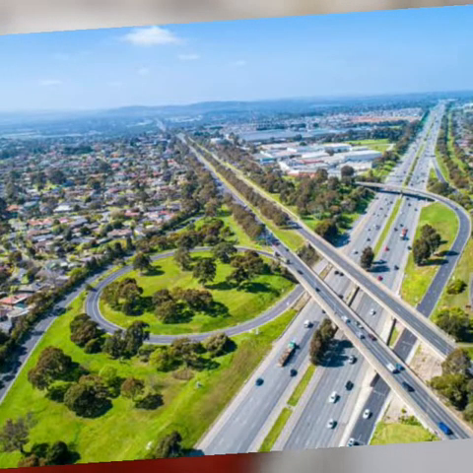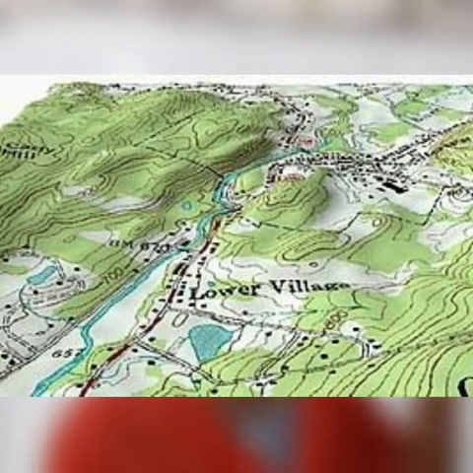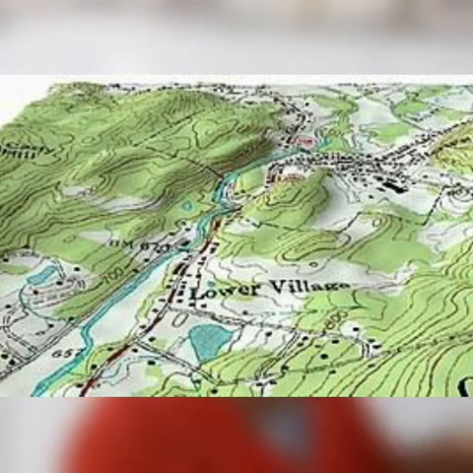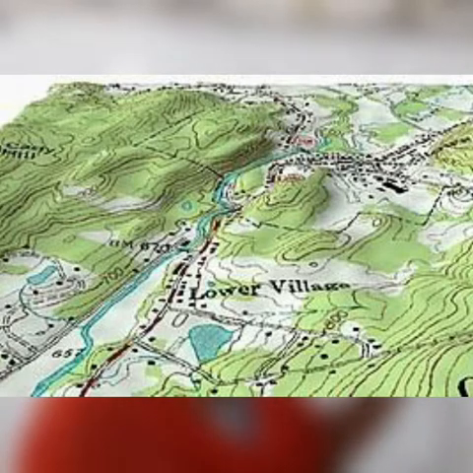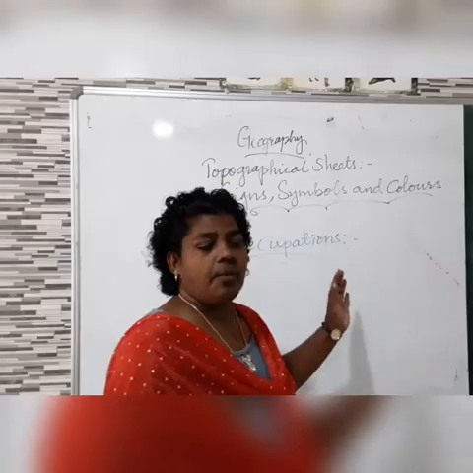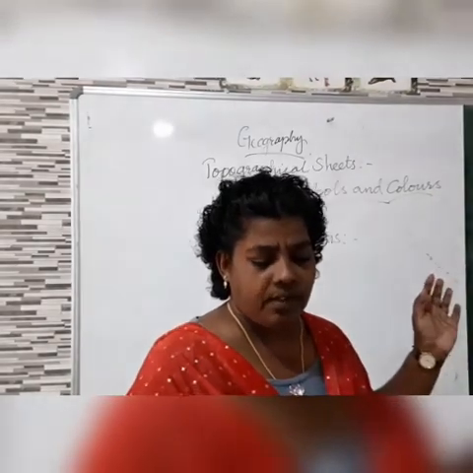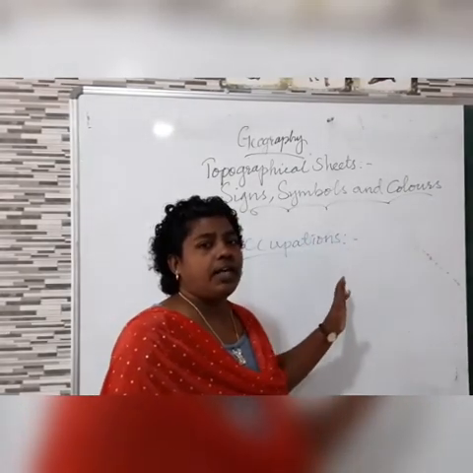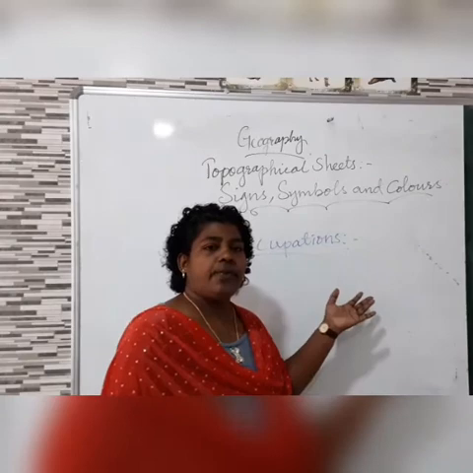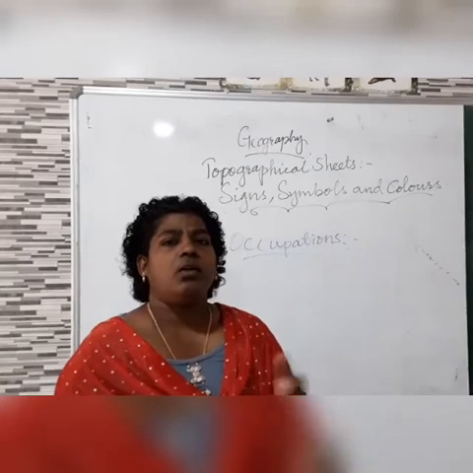The black color is used for transportation like roads, railways, and rail tracks. What color is used for these? Black color is used. This black color indicates communication, wherever the communication is done. And the next thing we see is that they also reflect the various modes of transport available or used in the particular places. What are the different modes of transport? Because all transport cannot be used in all places.